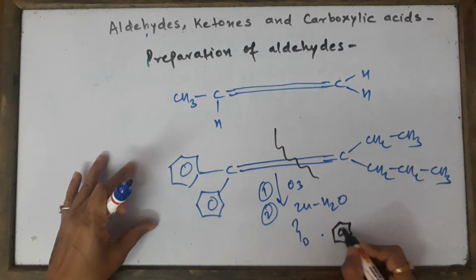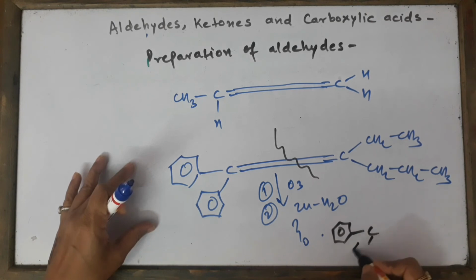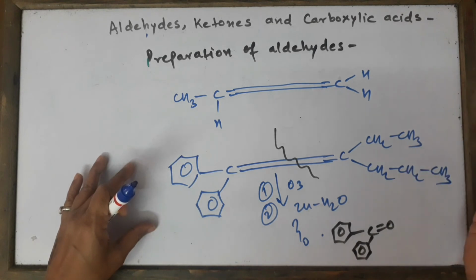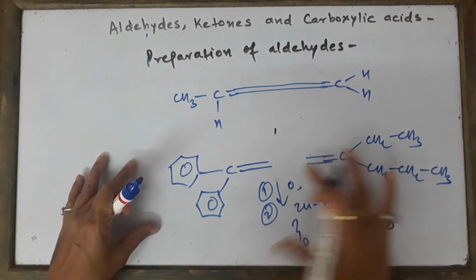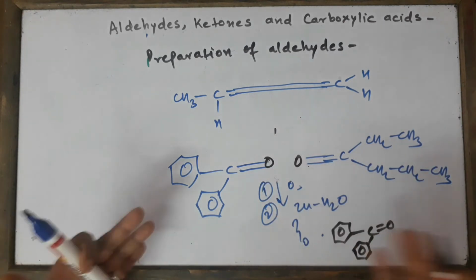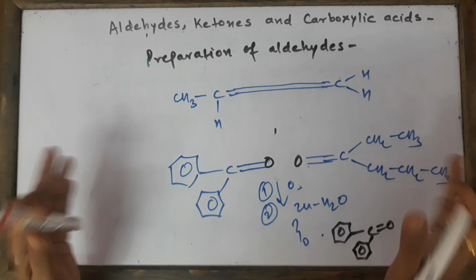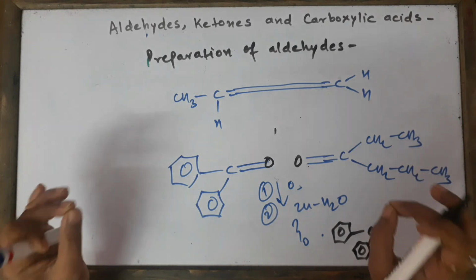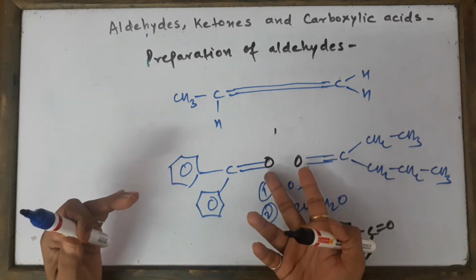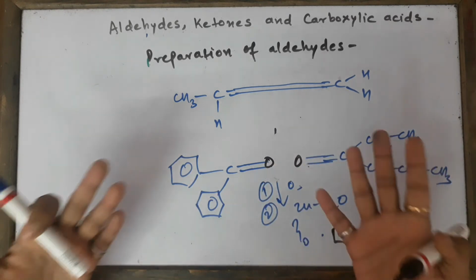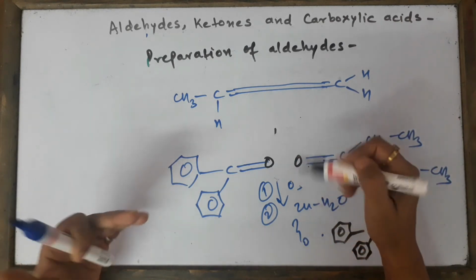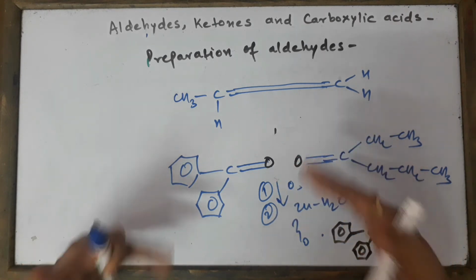When you break the bond, you get this from the left side, and from the right side you get this. So it's very simple. Ozonolysis is one of the best methods to understand the position of the double bond in a given alkene, because wherever you got double bond O, there was a double bond C in the previous compound. Wherever you got double bond O, it was actually a C double bond C in the previous compound.